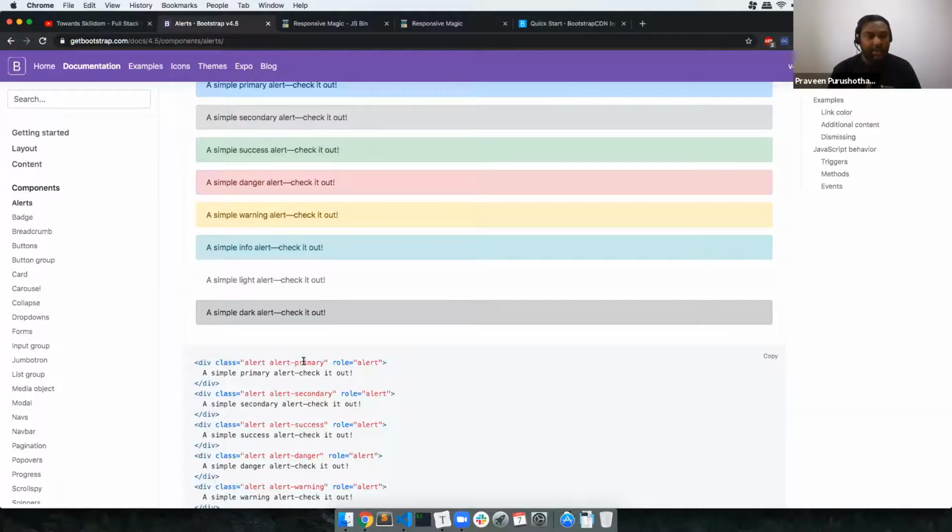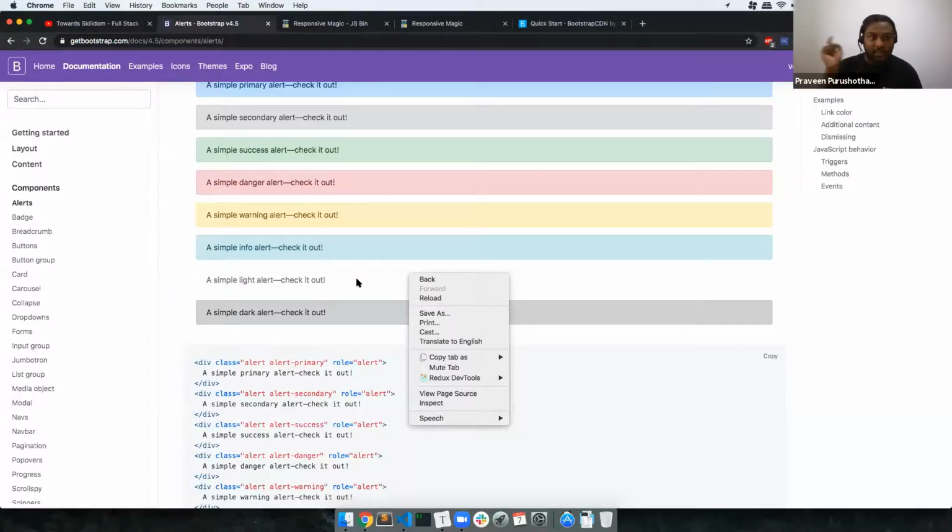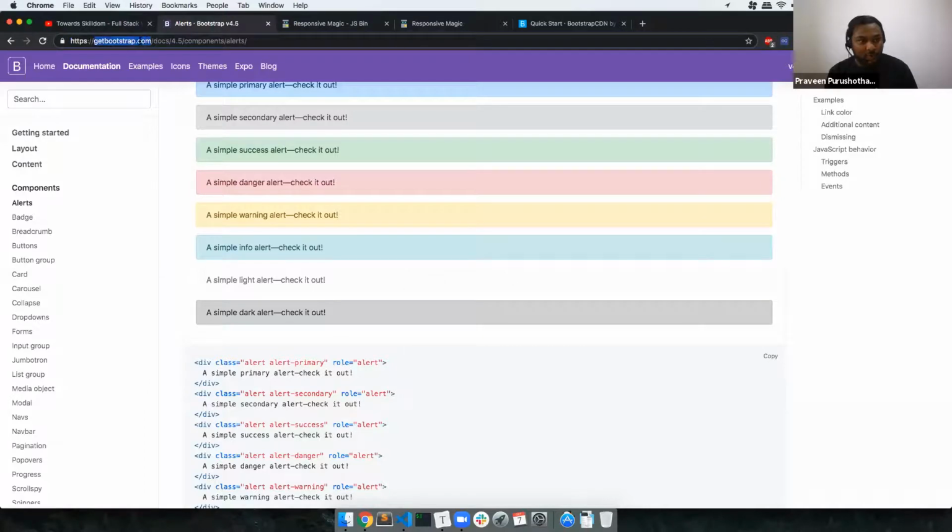Thank you. And other benefits include, for example, how many of you know what is called HTTP throttling? So this website, if it is refreshed at one point of time, only 8 requests from the same domain can go. This domain name is getbootstrap.com, and there can be only 8 requests at a single point of time. Obviously, if you look at the whole website, loads of requests will go.